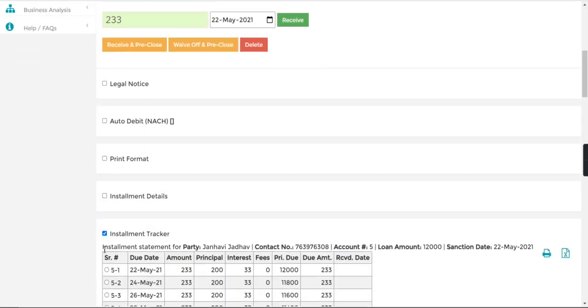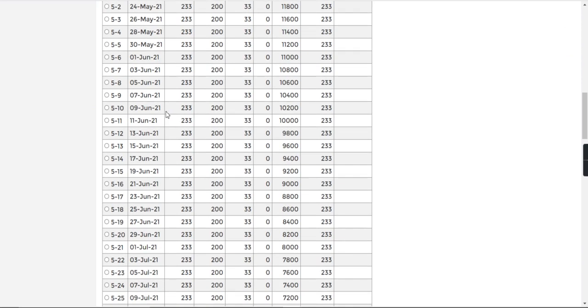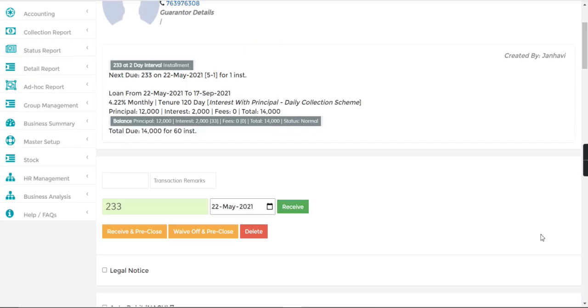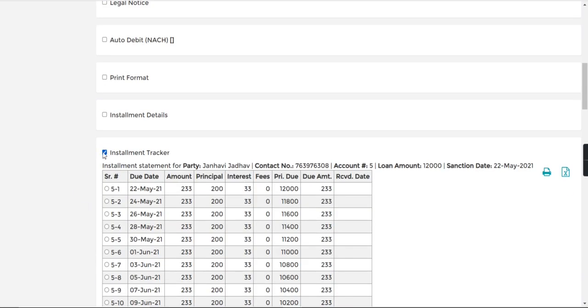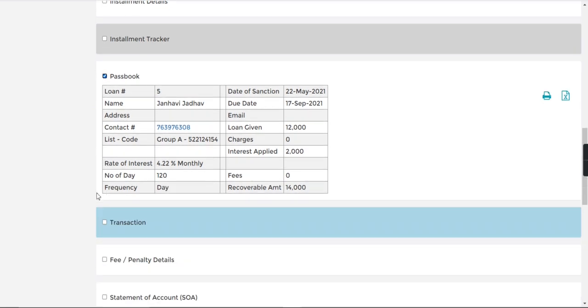For every day tracker is created for 233 for the total tenure. You can check the passbook as well. I will go to the passbook. Here you can see total 120 days, this much interest applied and principal is this much. Recoverable amount is 14,000.